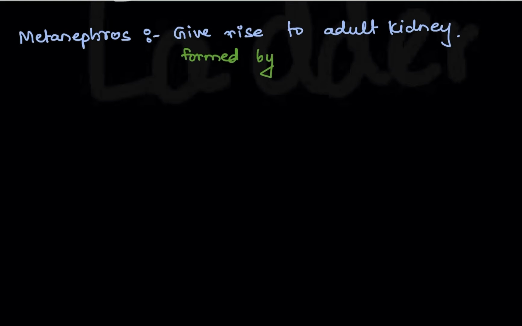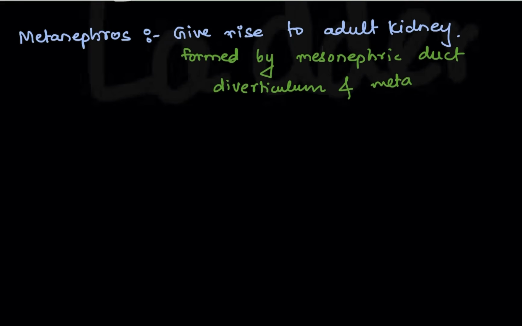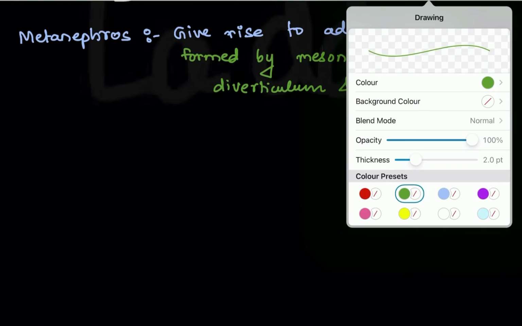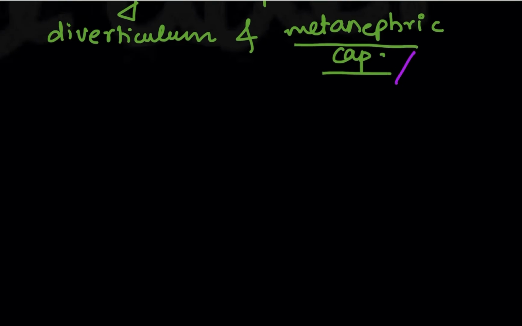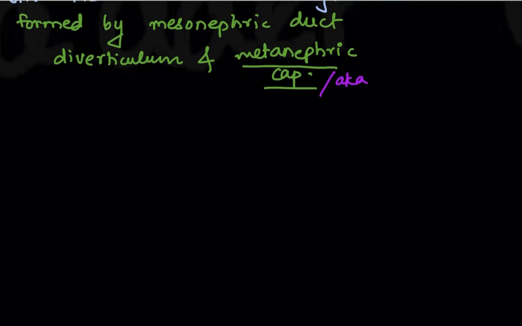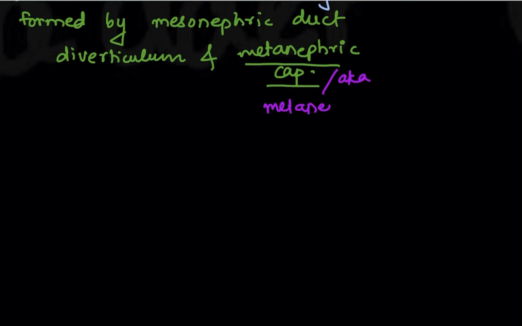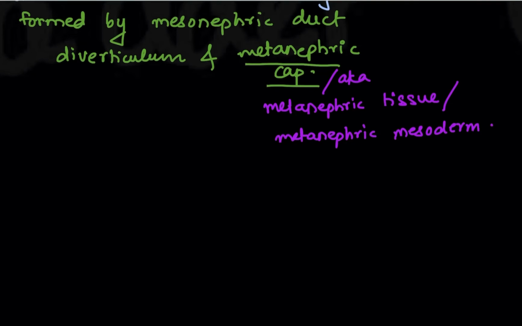And this metanephros is actually what? It is the mesonephric duct diverticulum and metanephric cap. Now this metanephric cap, it also has two other names as per Cronk. So write down, it is also known as metanephric tissue, and it is also known as metanephric mesoderm. So don't get confused. You have to remember all these three names of the metanephric cap because they can ask